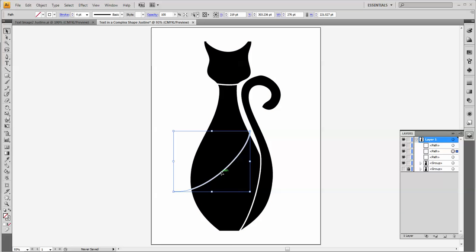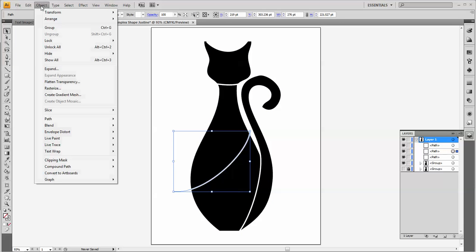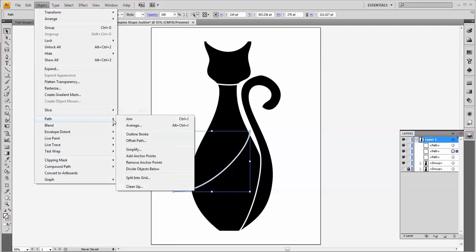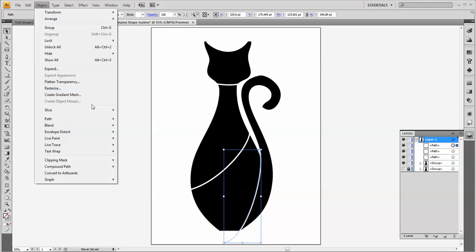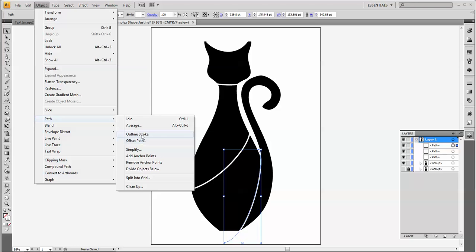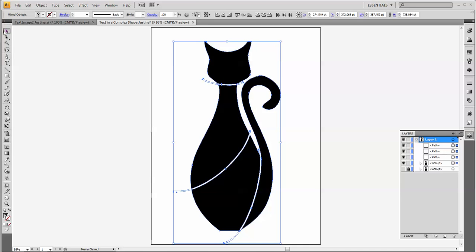I wonder if I can just use Control. Nope, I can't. Okay, so select it, Object, Path, Outline Stroke. I probably could do them all at the same time. Object, Path, Outline Stroke. Okay, now I'm going to select everything by drawing a box around it with the black